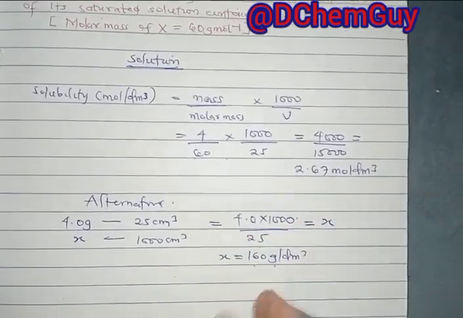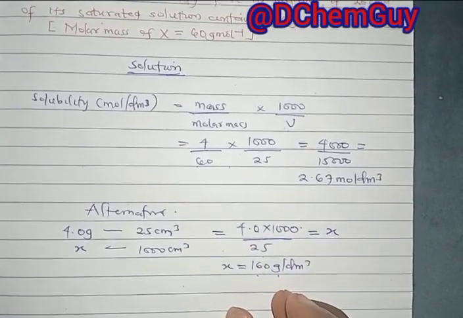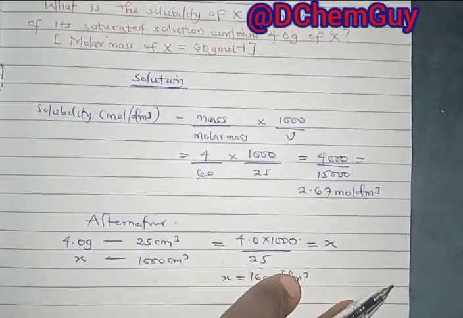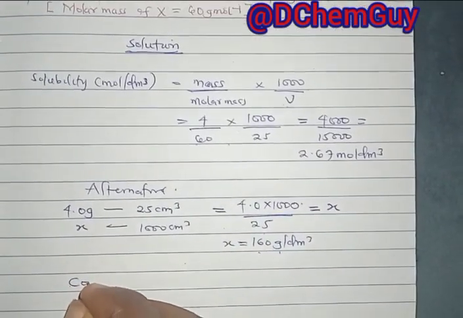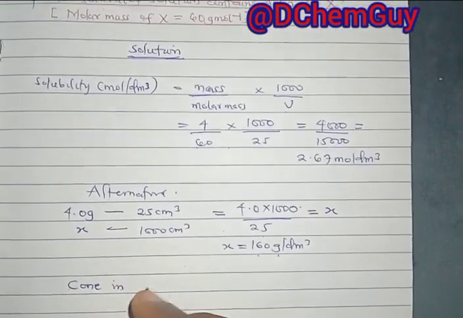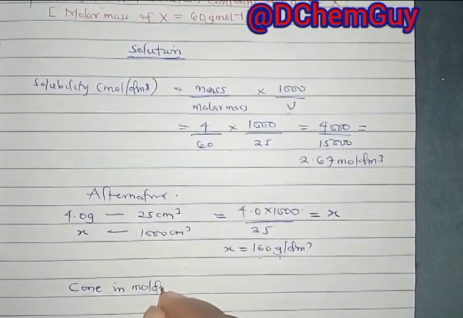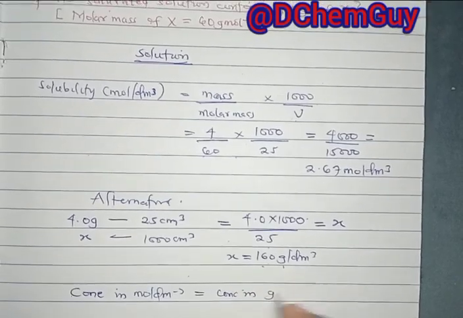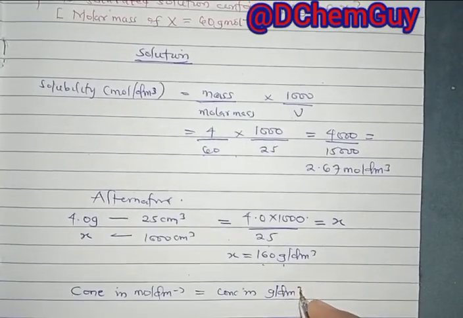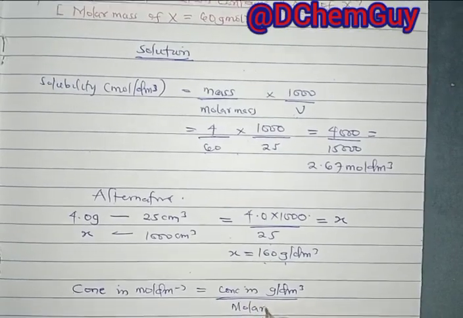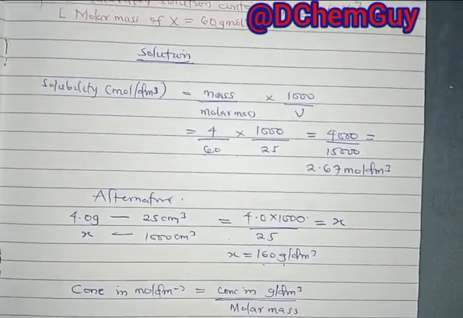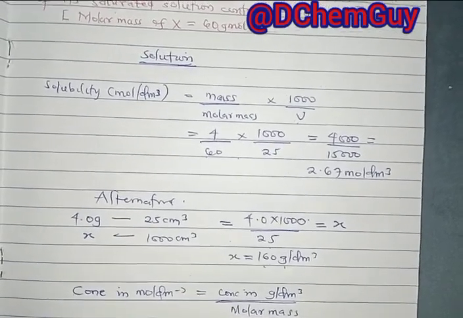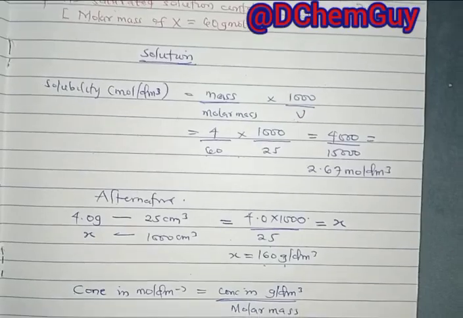Now what's the relationship between concentration in gram per dm cube and concentration in mole per dm cube? This is the relationship: concentration in mole per dm cube equals concentration in gram per dm cube all over molar mass. That's the relationship. So what you got here is 160 and the molar mass is 60. By the time you divide this, you are going to get 2.67 mole per dm cube